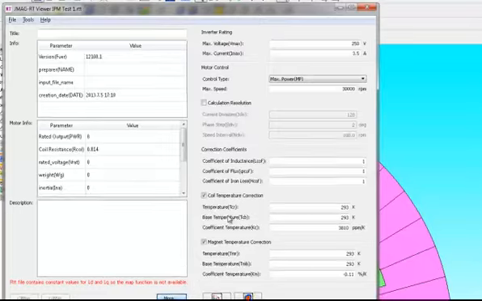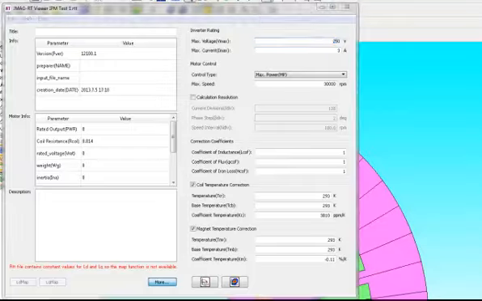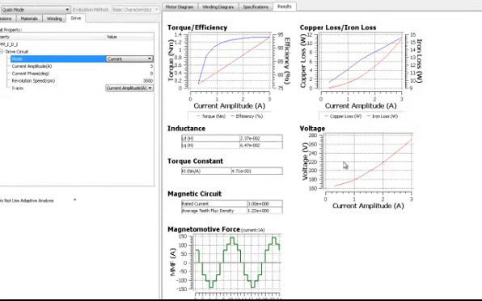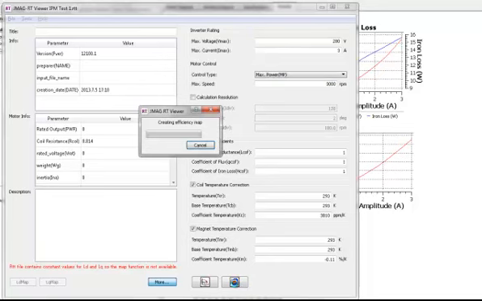But if I click on More, I can now see that I'll get my efficiency map capabilities. So we can set our max voltage for our inverter, and our max current, and our max inverter voltage. If we go back to Express, we can see that at 3 amps, so maybe about 280 volts, let's say. So we'll change that to 280 volts, and we'll generate max power, and we'll go to the rated speed of 3000 RPM. So if I click on the efficiency map feature,